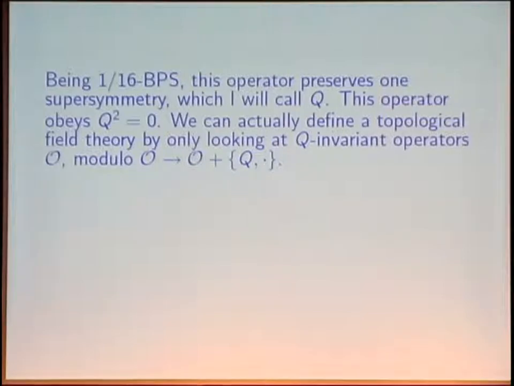In the topological field theory, we only permit ourselves to look at Q-invariant operators, but we consider, you see, Q with anything is Q-invariant because Q squared is 0. So we consider Q anti-commuted with anything to be trivial. We look at operators O modulo this relation. And that gives a sensible, more limited space of operators whose correlations we can study. Because Q squared is 0, it's consistent to regard such expressions as trivial.